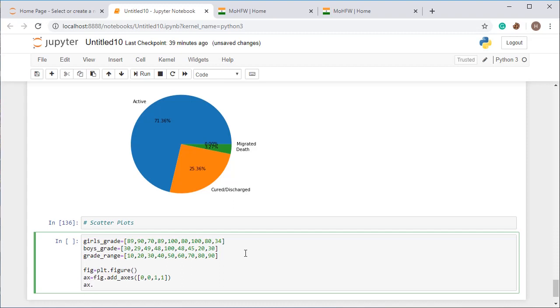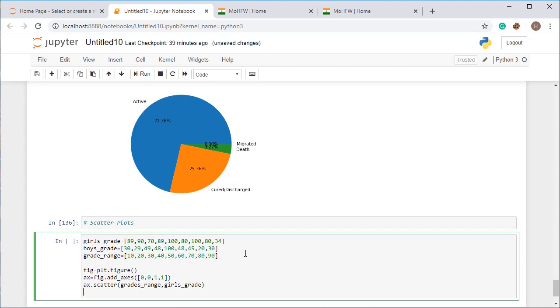Now I am going to plot the scatter plot. So for that, we have to use scatter, and I want to plot it in grades range with comparison to grades range. So grades range, comma, you have to provide a particular range for plotting a scatter plot. So I have given the grades range, and then I am passing the value for girls' grade. It will actually create a scattered region in a particular range. I have passed the grade range, means it will consider from 0 to 10, then it will plot it between 10 to 20 in this manner.